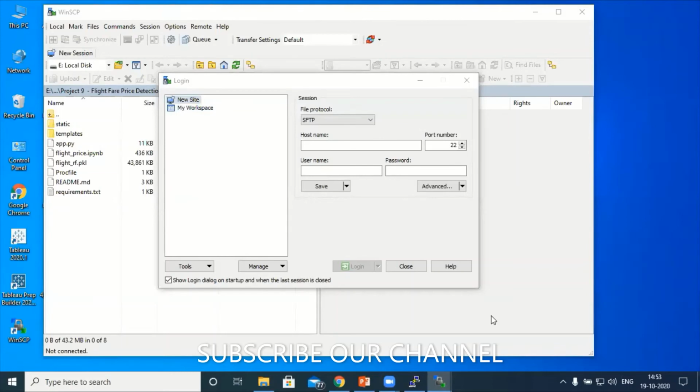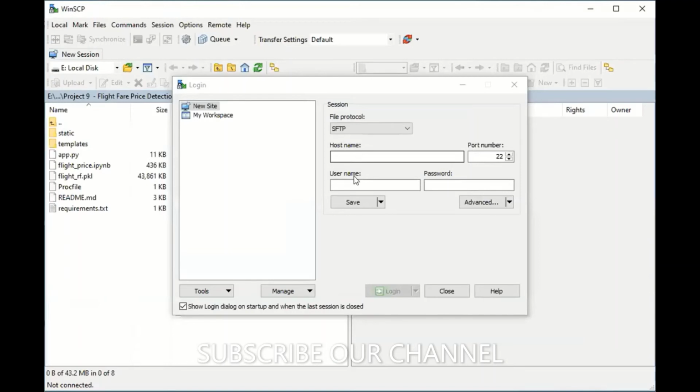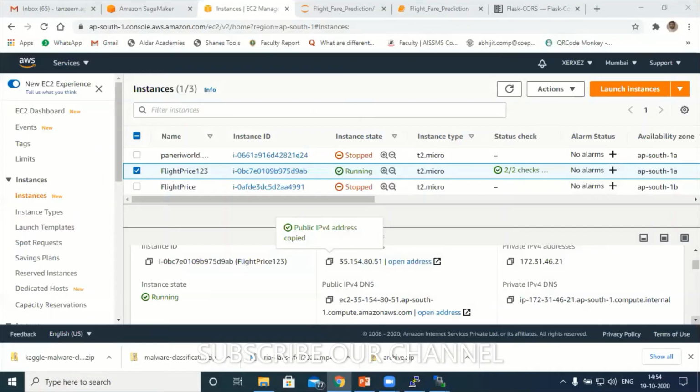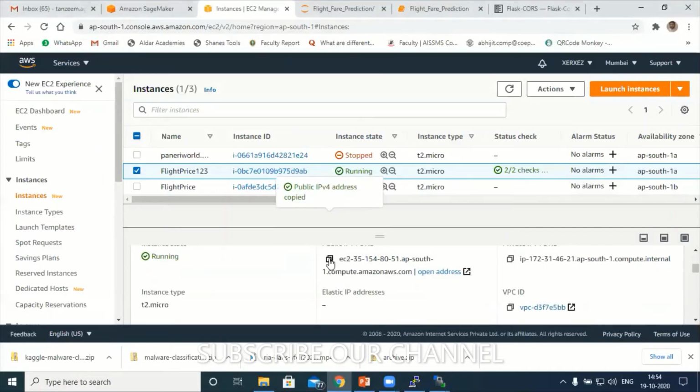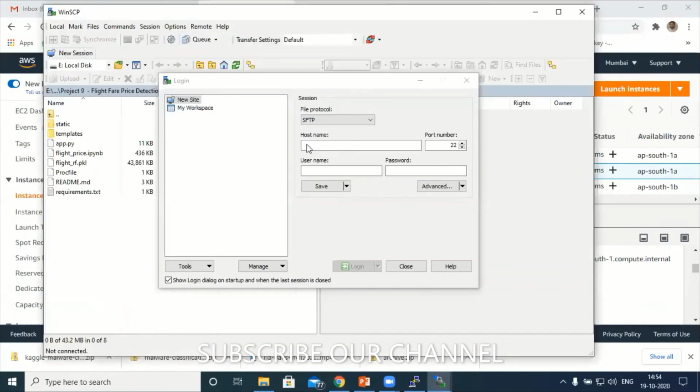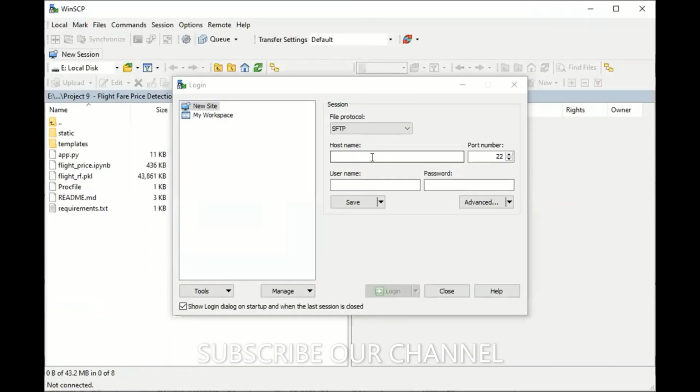What I will do here is give the host name as well as my username. To give the host name, again I'll go to my machine, copy this DNS name. After copying that, go to WinSCP. Can you see which screen you see now, participants?